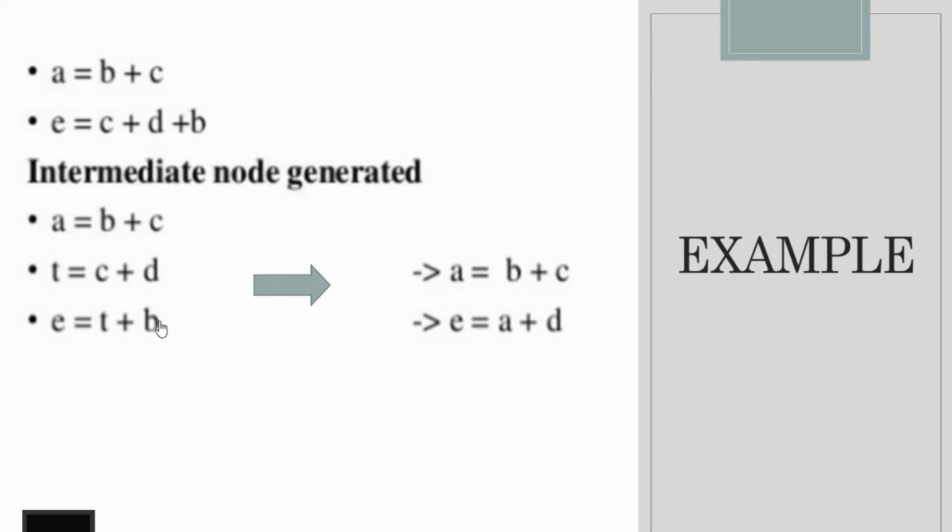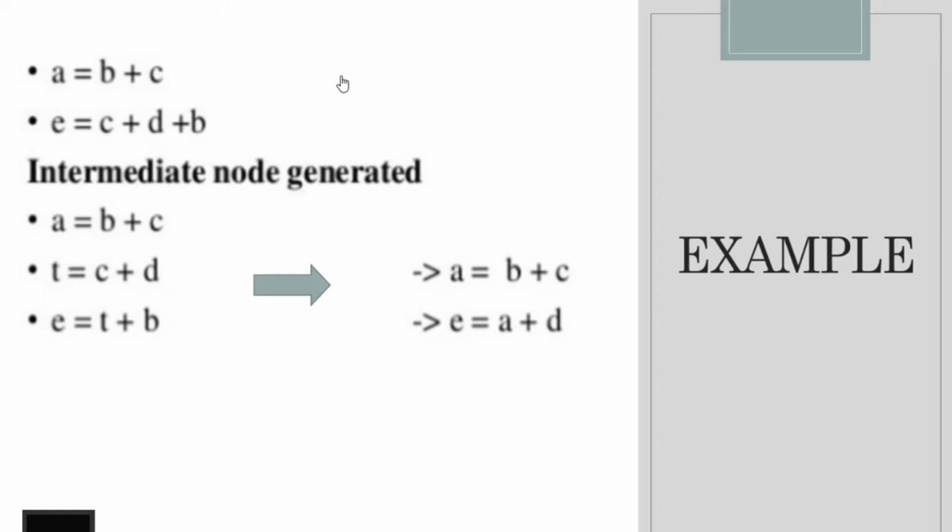So we can optimize this intermediate code by using associative laws. Okay. See, the first expression is not changed. It is the same, A = B + C itself. Then here for the second expression, E = C + D + B. See, already B + C is computed. So B + C and C + B are the same because it is commutative. So B + C is equal to C + B. So that is the law.